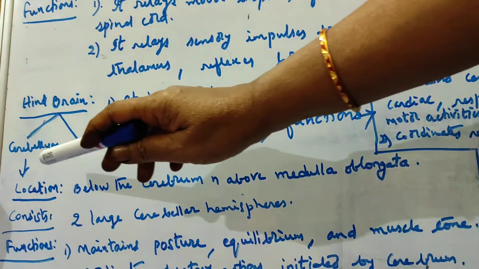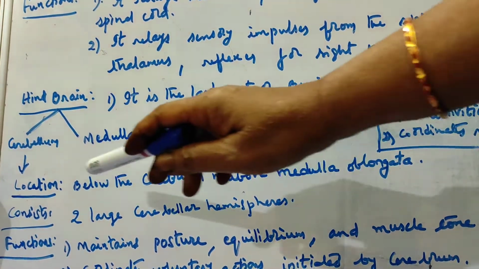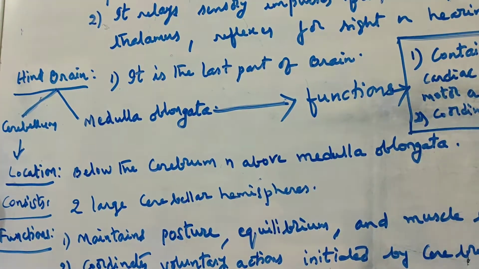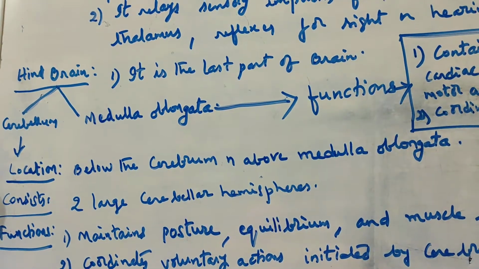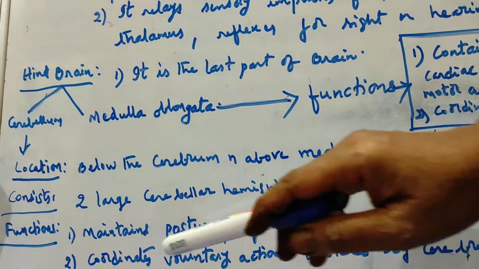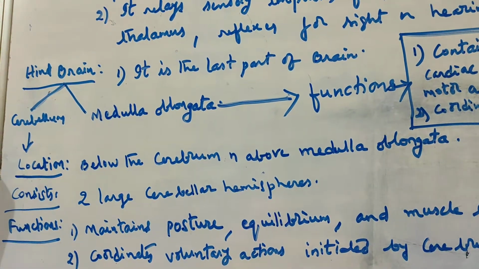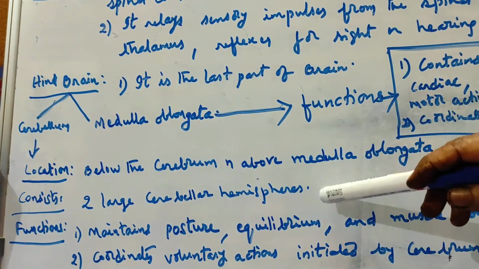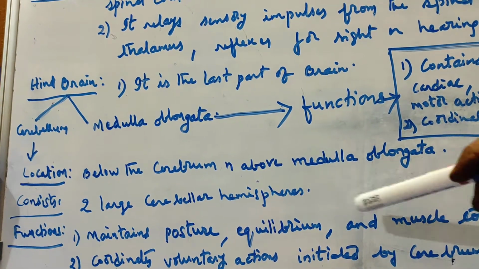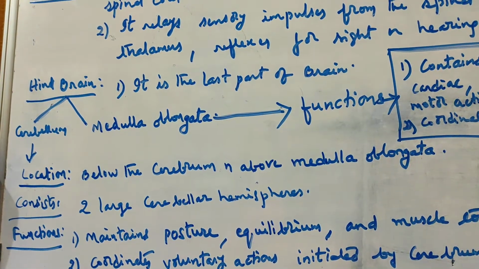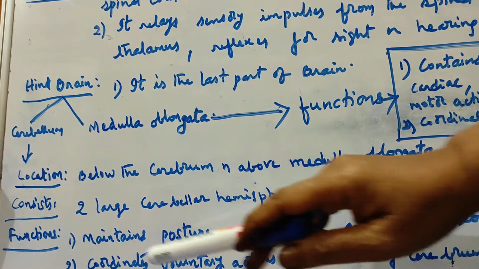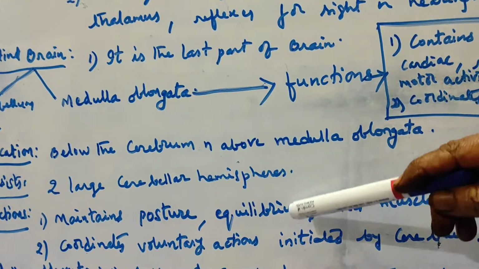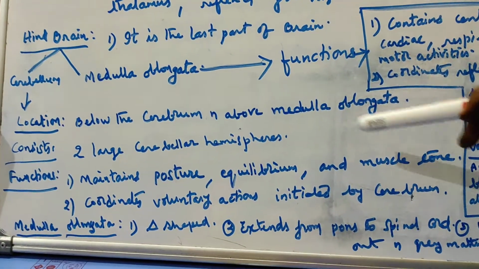And here, first let us learn what is cerebellum. Cerebellum location. This is below the cerebrum and above the medulla oblongata, because the cerebellum extends into the medulla oblongata. Okay, so it is situated below the cerebrum, just above the medulla oblongata, and it consists of two large cerebellar hemispheres. In the cerebrum we had seen cerebral hemispheres already, and here cerebellar hemispheres. Okay, same. Then two lobes are there, and these are called cerebellar hemispheres, whereas in the cerebrum they are cerebral hemispheres. Then the functions of this cerebellum: maintaining the posture of the body, and equilibrium and muscle tone. Okay, all this will be controlled by the